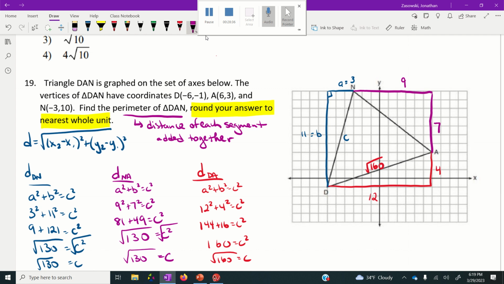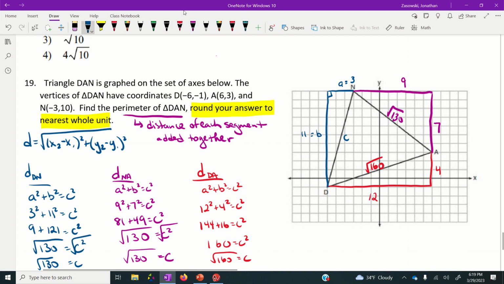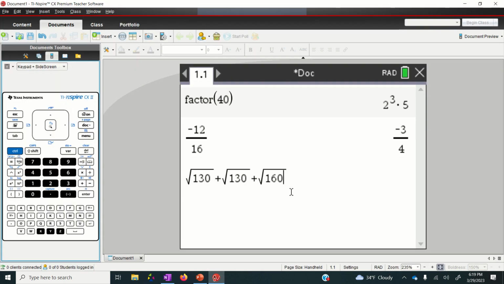All right, we have the square root of 130 for the length of NA. And we also have the square root of 130 for the length of DN. So we're just going to add those together. Okay, so the perimeter is equal to the square root of 130 plus the square root of 130 plus the square root of 160. We'll grab our calculator, we'll type all those in, hit enter, and it's